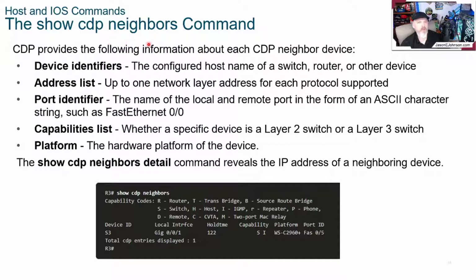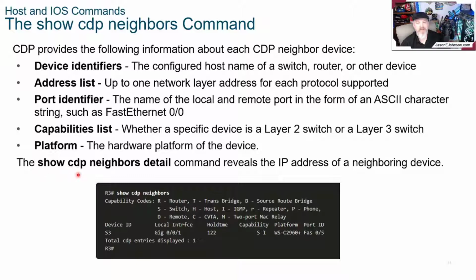Show CDP neighbors command. CDP, Cisco Discovery Protocol, provides the following information about neighbor devices: device identifiers, the configured host name of a switch, router, or other device; address list, up to one network layer address for each protocol; port identifier, the name of the local and remote port in the form of an ASCII character string such as FastEthernet 0/0; capabilities list, whether a specific device is a layer 2 switch or a layer 3 switch; platform, the hardware platform of the device.